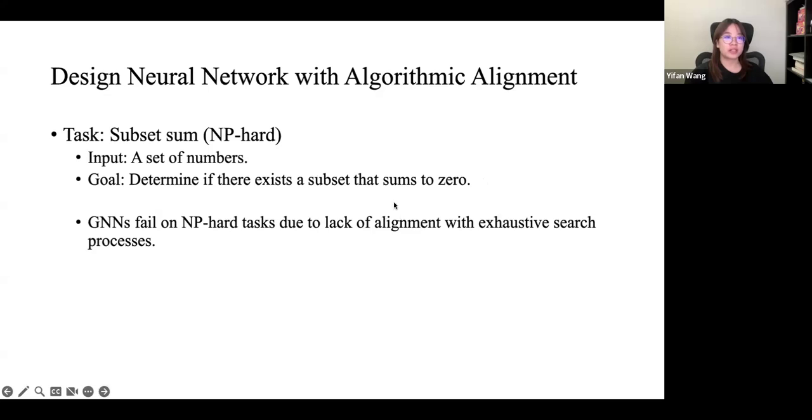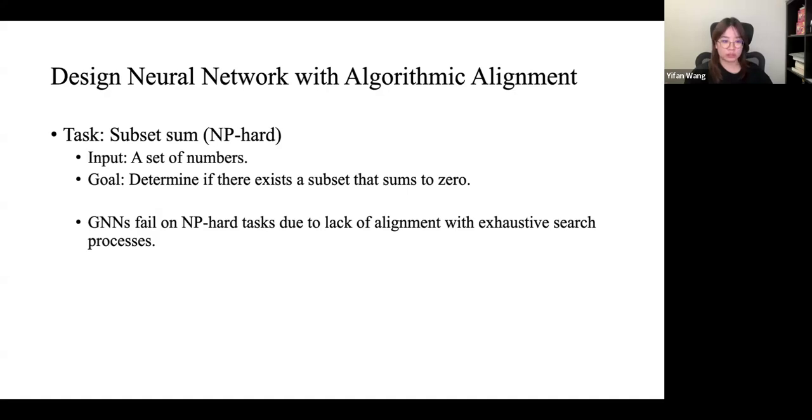And this is the last task. Some reasoning tasks, such as NP-hard problems, go beyond dynamic programming. For example, the subset sum. For this task, the input is a set of numbers, and the goal is to determine if there exists a subset whose sum is equal to 0. Graph neural networks fail on NP-hard tasks because they lack alignment with